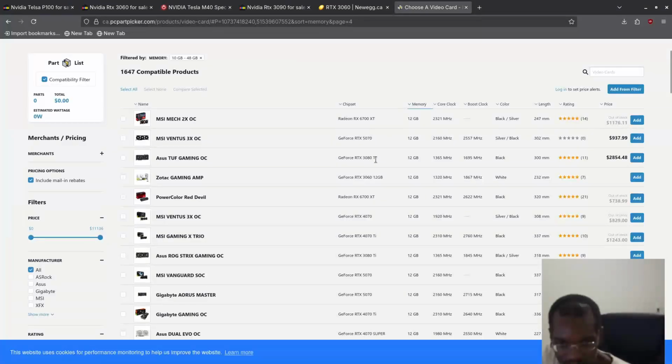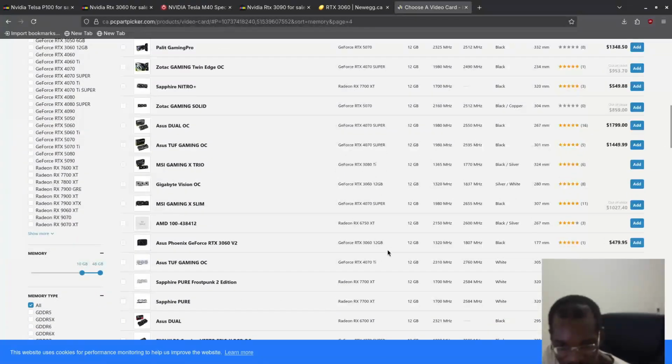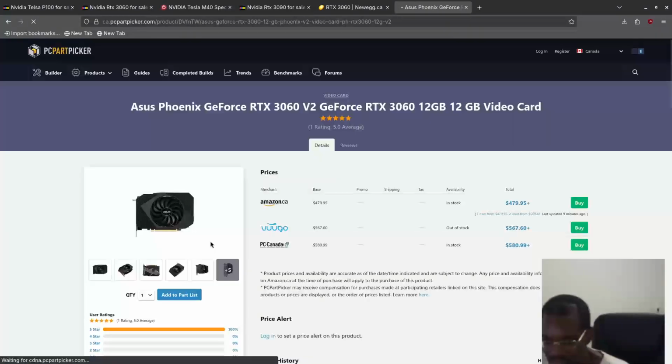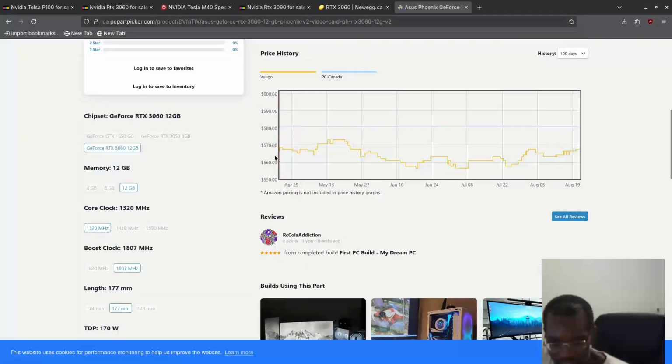3080 Ti. Is that cheaper than the, was it 3070 or whatever that was? Wow, this is really high stuff here. What's this one? 3060. Okay, so let's check this one out. It will tell us, see, Amazon, Vuugo, and PC Canada. You can also look at the chart here, and you can see the price basically has stayed the same